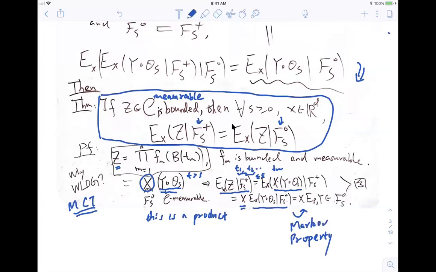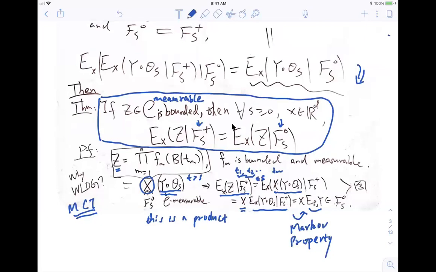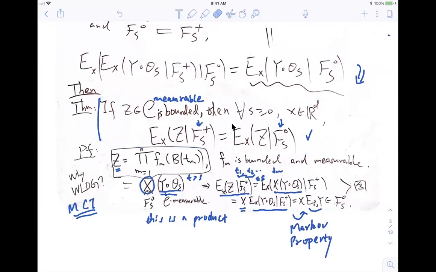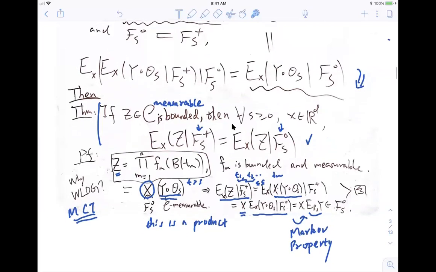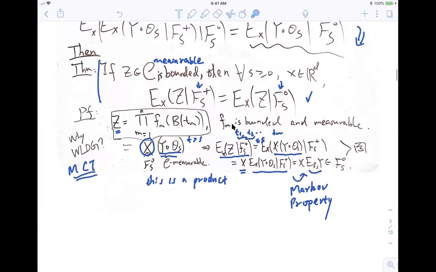So the conditional expectation is really this, which is an F0 variable. X is also an F0 variable, so the product is also an F0 variable. Since this is an F0 variable, this should equal the projection onto F0. The same discussion as here. So by this theory, we can say F0 and F0 plus are basically